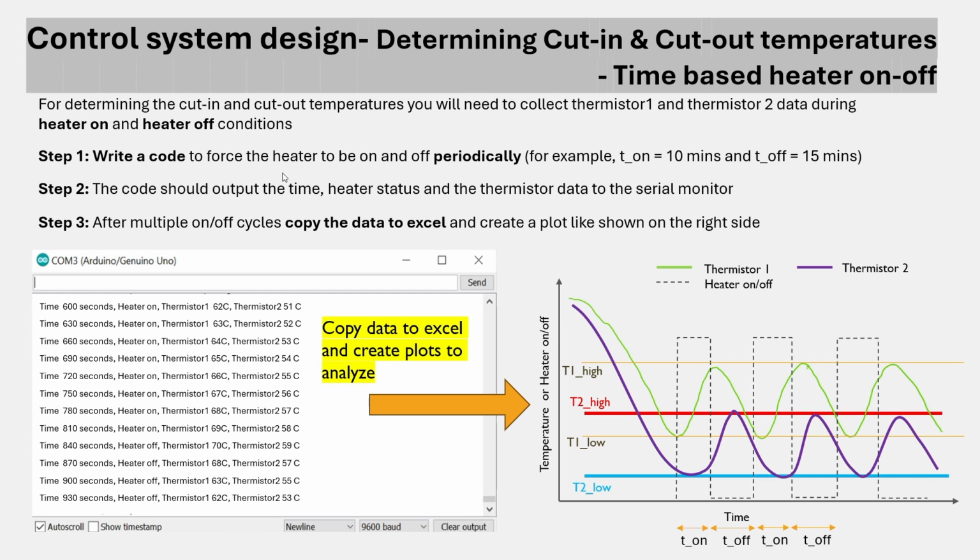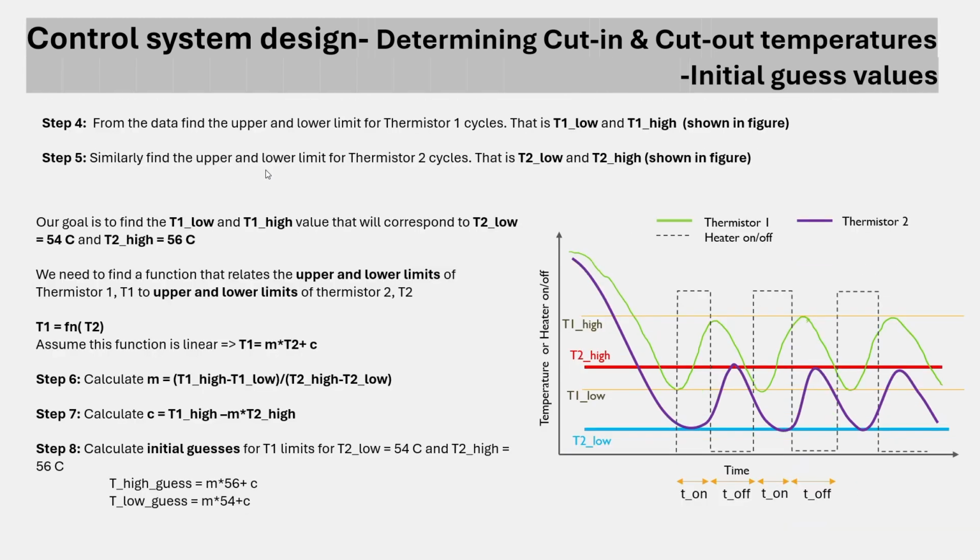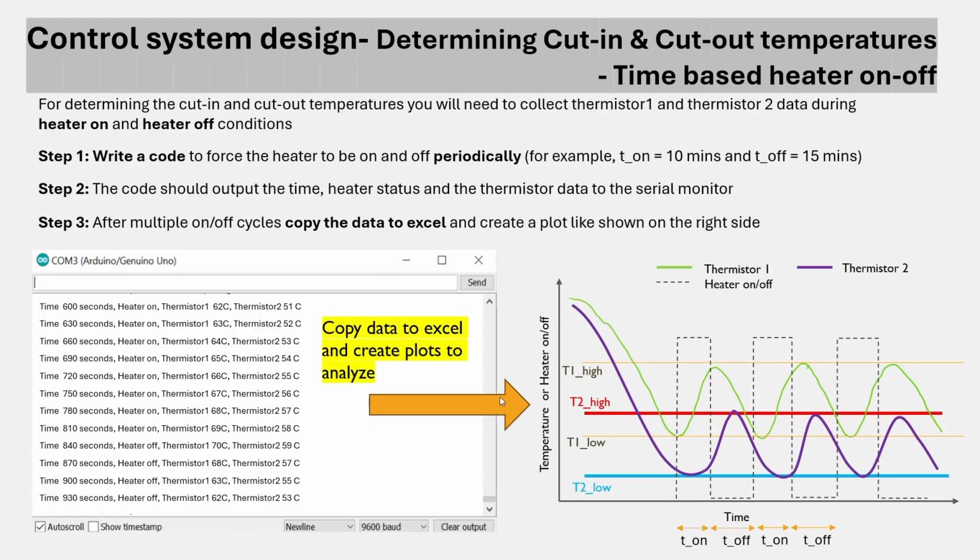Now, copying this data to Excel is itself tricky, and I was hoping that somebody would present that in the midterm. Anyways, you could try to copy directly from the serial monitor of Arduino, copy paste to Excel. And if you have problems there, I have given you another example on how to do that in this video. Okay, so anyway, you have T on, T off, T on, T off, and you got multiple cycles